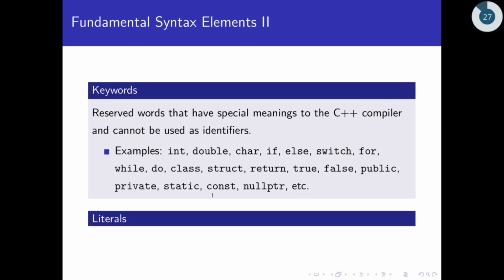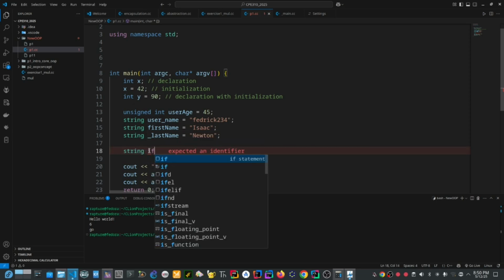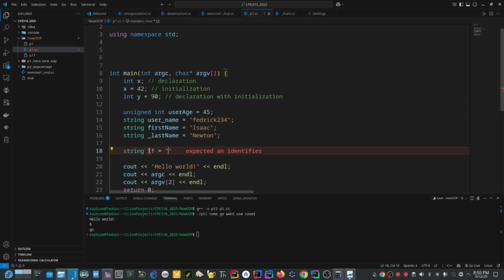Then moving down, keywords. What are those keywords? They are words that the compiler recognizes, like if, else statements. You cannot just use them in your code. For example, I want to use a name of a place. For example, I just want to do something like this. Maybe I want to name this, and I say okay, if, the name of that if is come, for example.